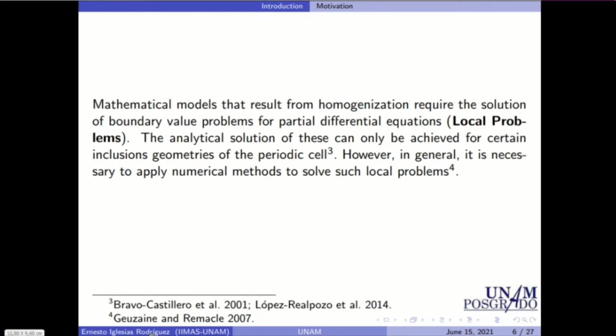And reiterated homogenization refers to the consideration of several scales in homogenization. The mathematical models that result from homogenization require the solution of boundary value problems, and the analytical solution of this problem can only be achieved for certain inclusion geometries of the periodic cell. However, in general, it is necessary to apply numerical methods to solve such problems,